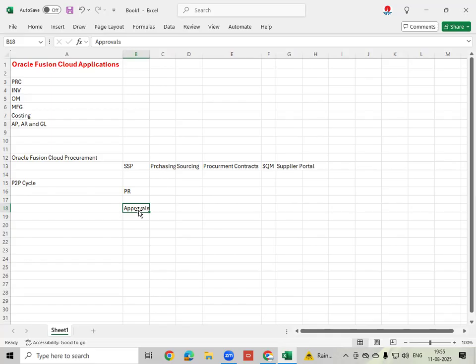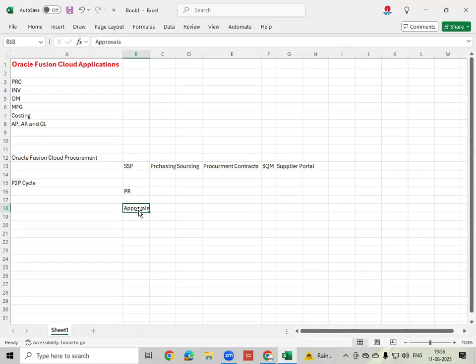There will be automatic and manual. Automatic approvals are also available. Once a requisition is created, manual or automatic, once submitted for approval, it should not send any notification to anybody. The system has to approve automatically. Such a scenario, such an option we can also maintain. Everything depends on the business, how they are following. In that way, we will enable the approvals hierarchy in